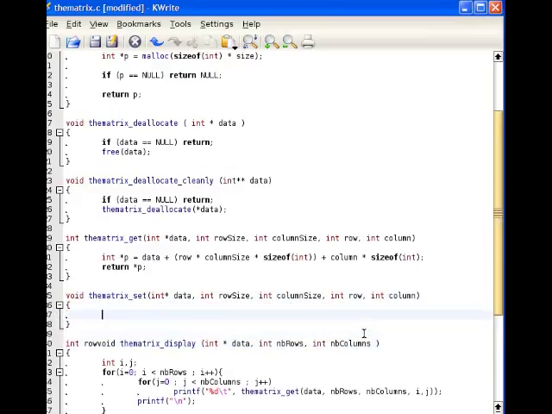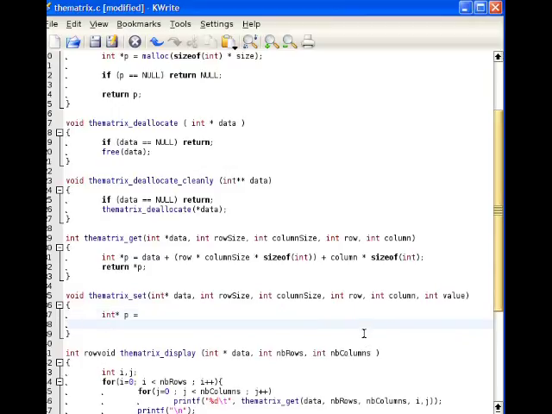Okay, and pretty much the situation is the same. I need to still compute what is the address in P, and then I need to set my value, int value, to this address. So I would have something like int star P equals the same formula as above, and then star P equal value. So I'm using the formula twice here. Not necessarily something I want to do all the time. So I could isolate this